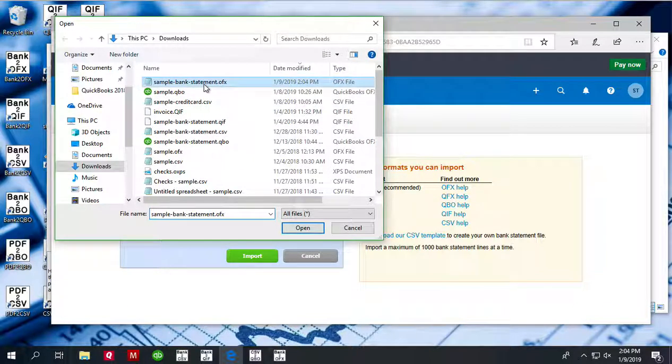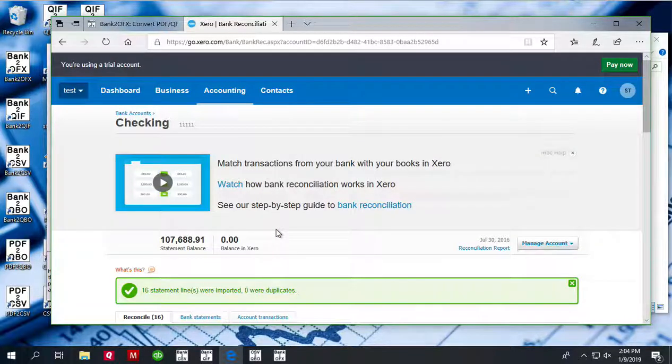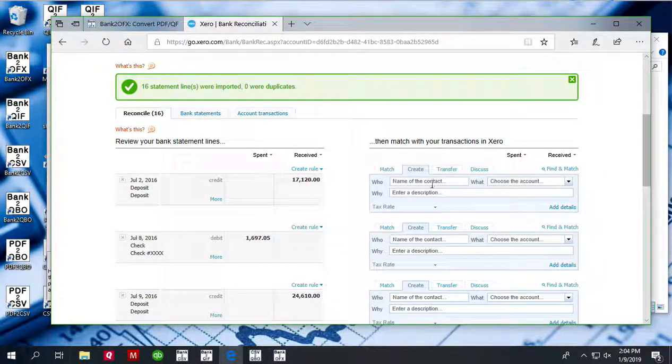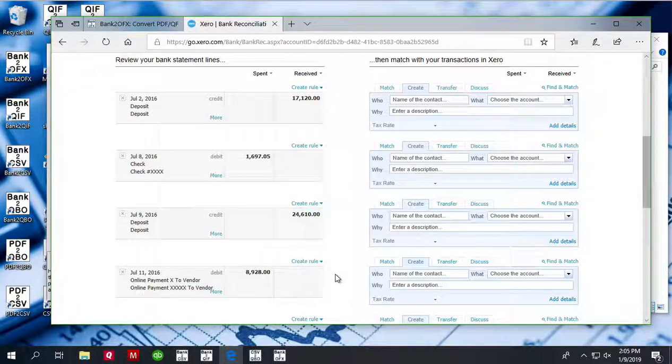Browse for the OFX file you just created and click import. And your transactions are imported. Now you have to match them to vendor records and set additional details that Xero expects you to set, and